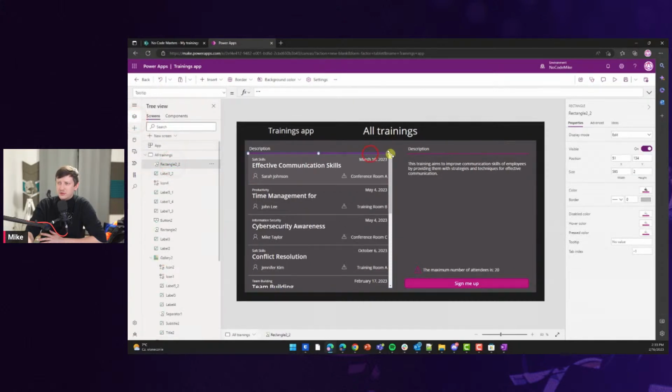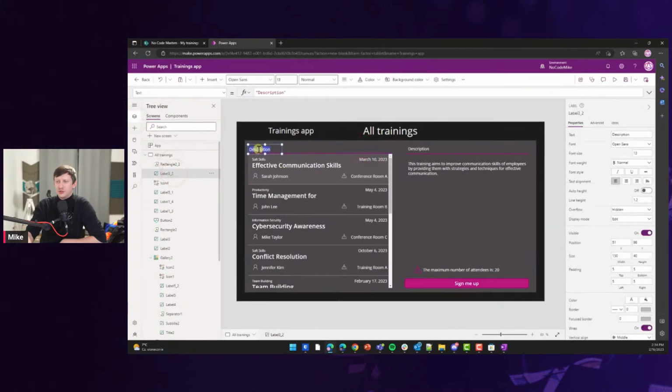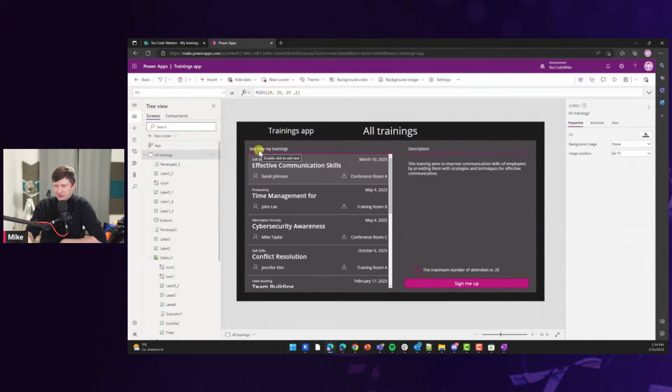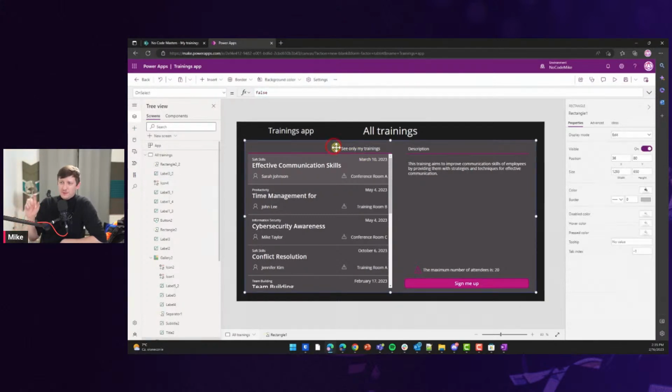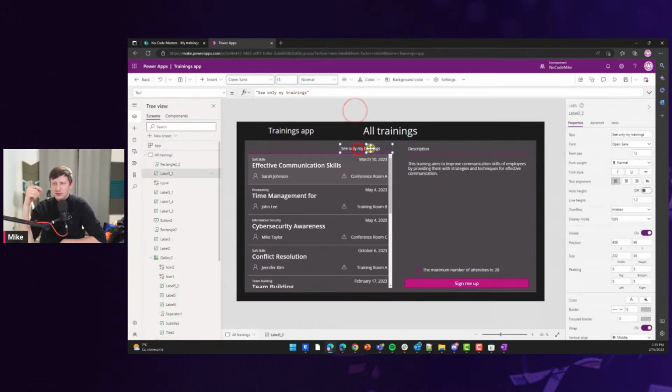Oh yeah, I also need to provide the option to change screen from the old trainings to my trainings. So I'm providing a label. It's not a button, it's just going to be a label. So the user pressing the label would be able to filter down the list to only his own trainings. Of course, it could be just the same screen where, by pressing the label,